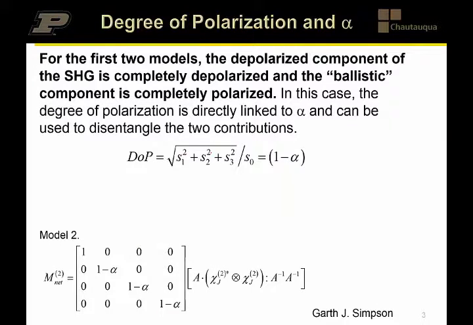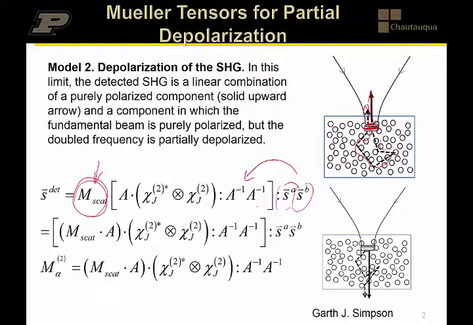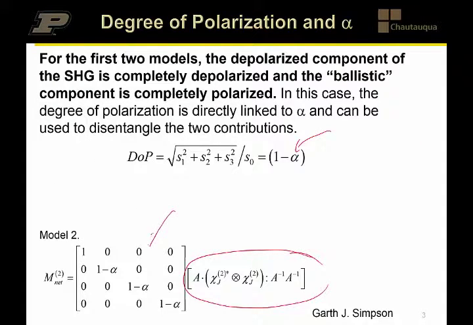So if we do this, we can again take advantage of the fact that the degree of polarization is our friend here and can help provide a measurement of that parameter alpha. If we invert, this is now the purely polarized component, and we just add together these two terms, the scattering component and the scattering alpha. If we go back to the very first discussion on Mueller matrices and Mueller tensors, where we reviewed linear effects, this is effectively the Mueller matrix that was derived for handling partial depolarization from optical scattering, and upon linear propagation through a